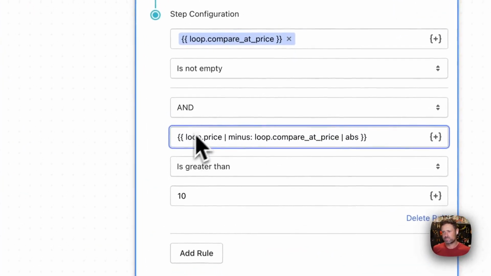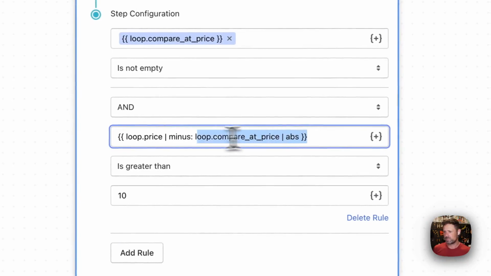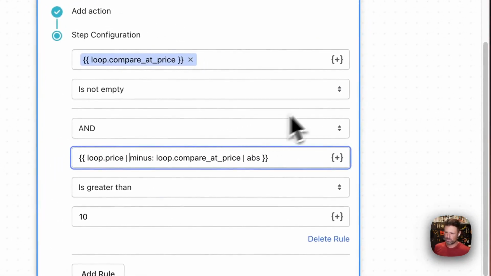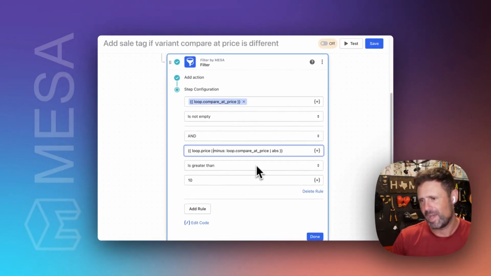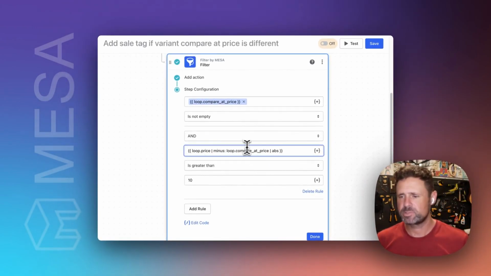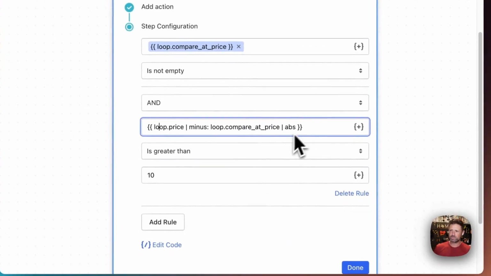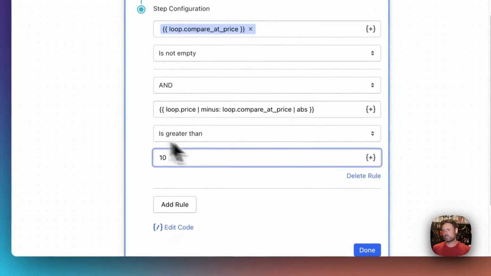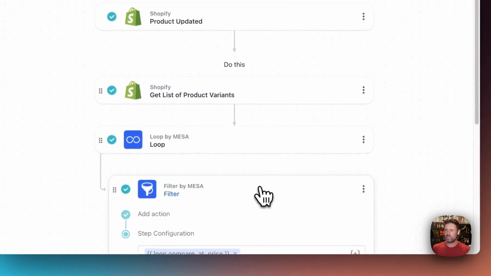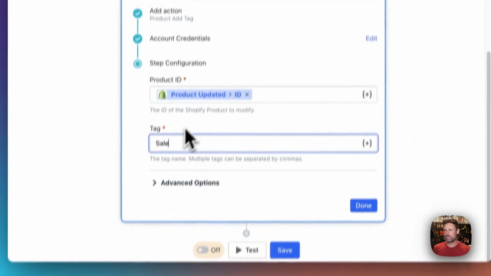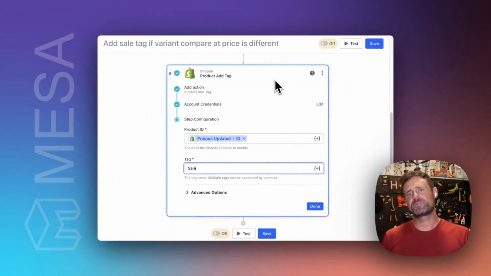And I always have the hardest time in the world reading this liquid stuff. I don't know why they don't just do good old fashioned Twig style math, but I digress. So anyways, this is just doing price minus compare at price, absolute value, and then seeing what the difference is there. So if it passes that filter, we go ahead, tag it and bag it, and then you're good to go there. Nice simple workflow for you here today,